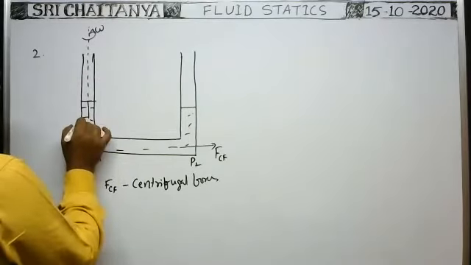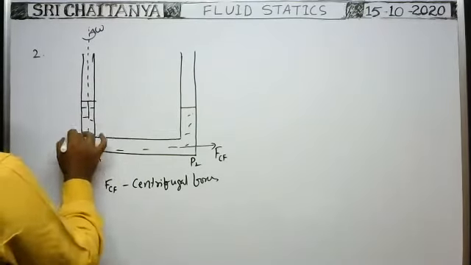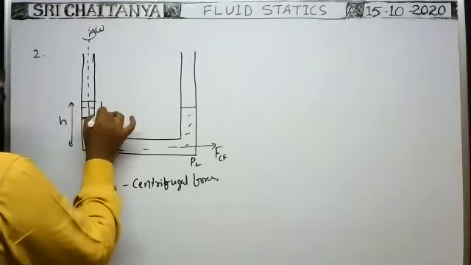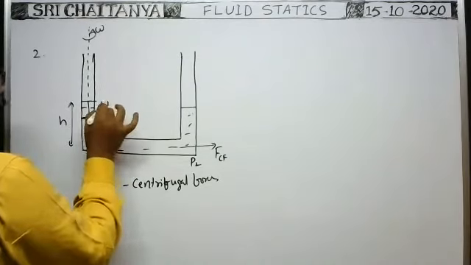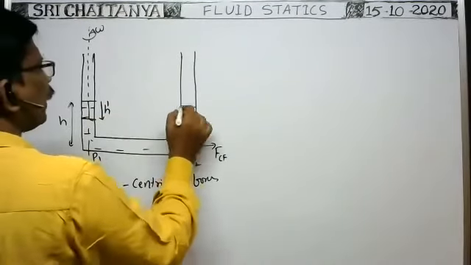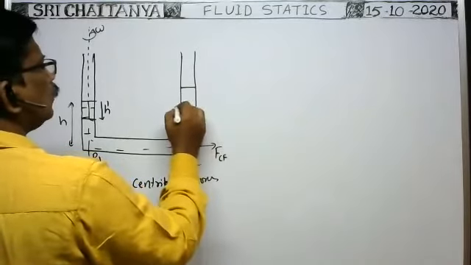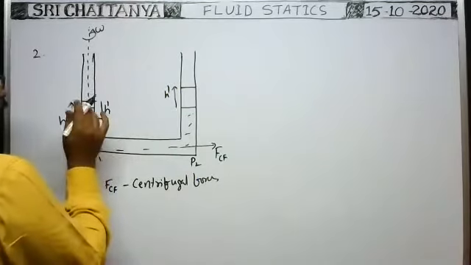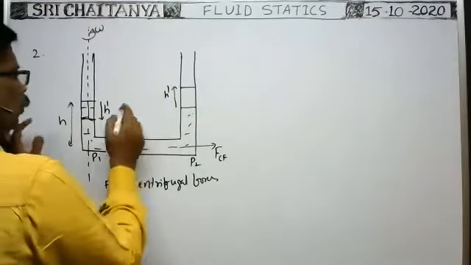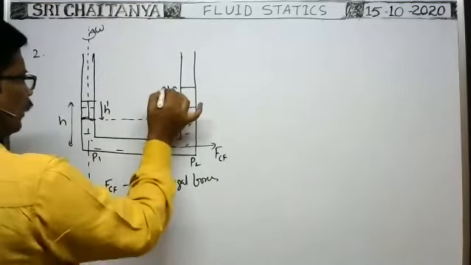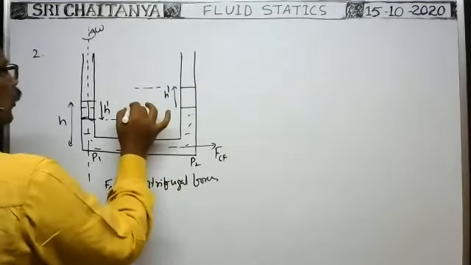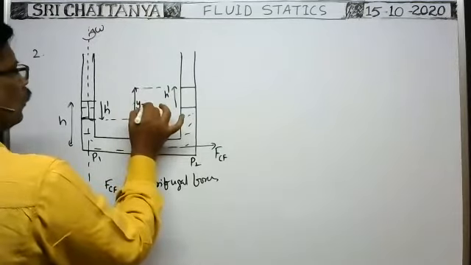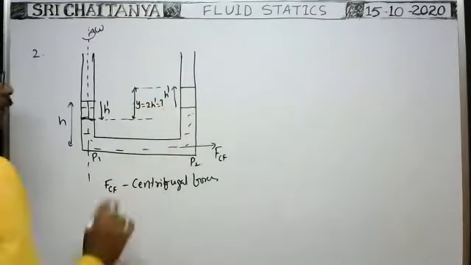So here the water level falls. Initially both are at height h. But now the water level falls to h1, say h dash, and here the water level rises to h dash. So now what is the difference in levels of the liquid columns in the two tubes? This is h dash, this is h dash, that's why it is 2h dash. So y is equal to 2h dash, which is equal to question mark.